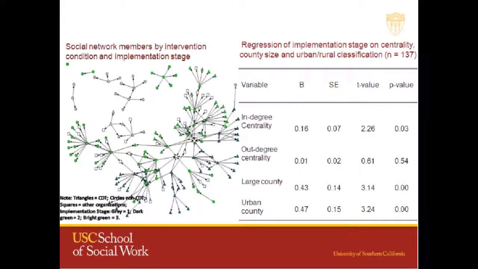And each of these represents people who are linked to one another within and between counties that were participating in this randomized trial. And as you can tell from this network, those individuals who had progressed further along in the process of implementation seem to be more likely a part of this one unified network.